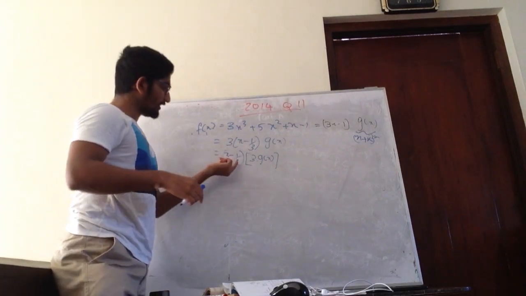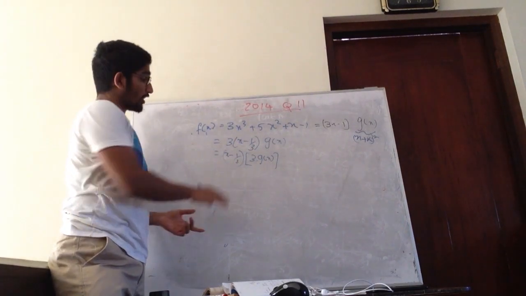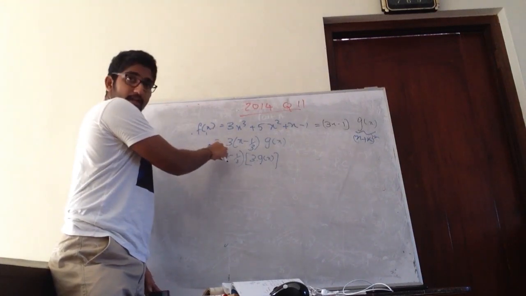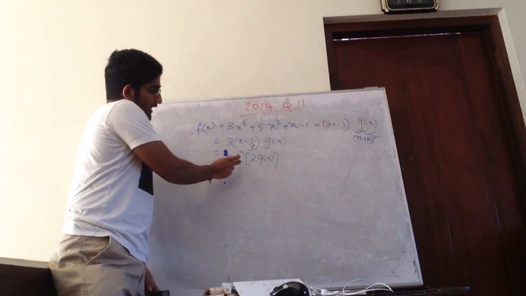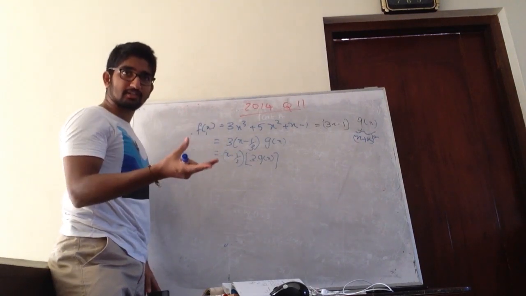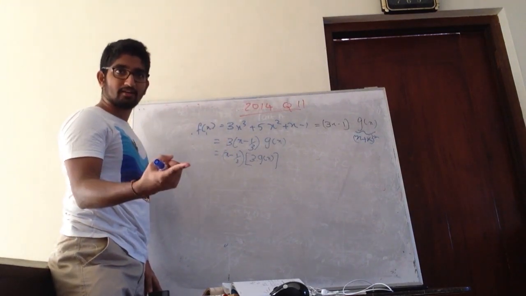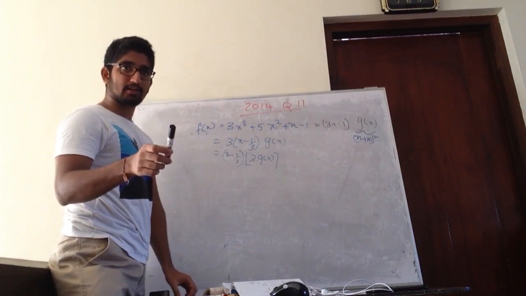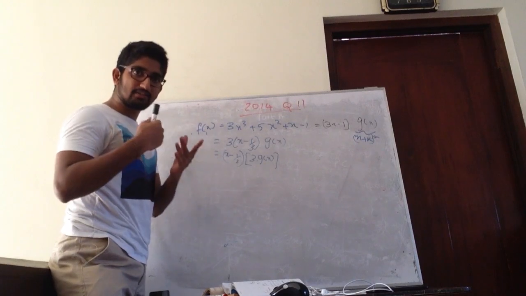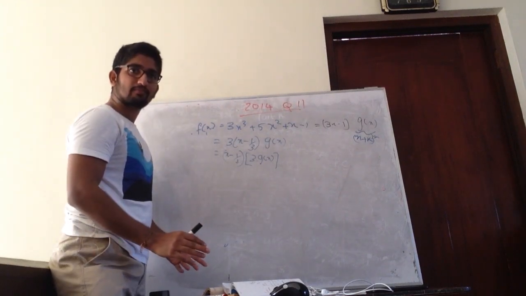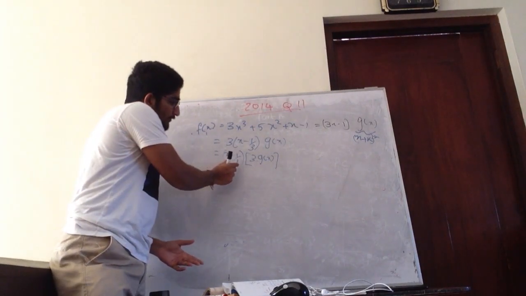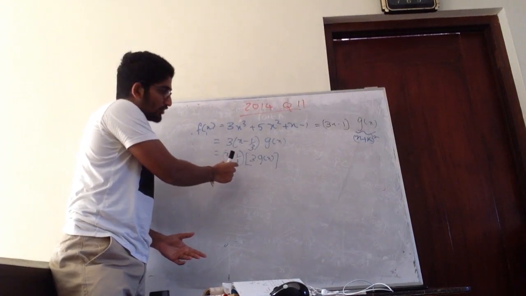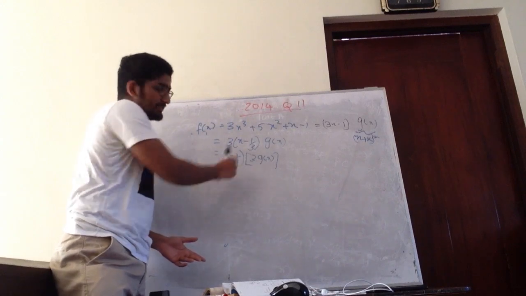So now if I use this method, this is like the original method that we did. I took the 3 out, and now this is the original method, where A is 1. So the answer we will get here is 3gx. If you do the division by this, you will get 3gx, not just gx.